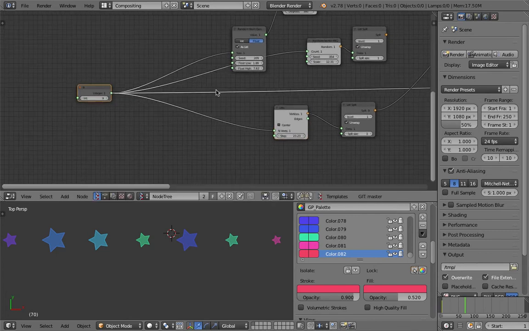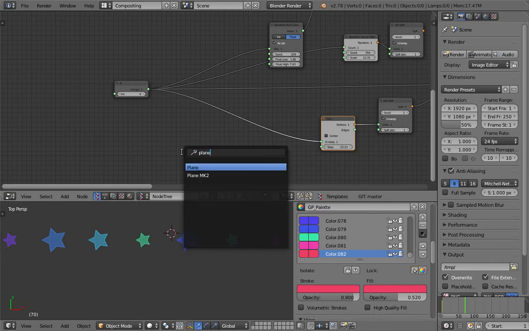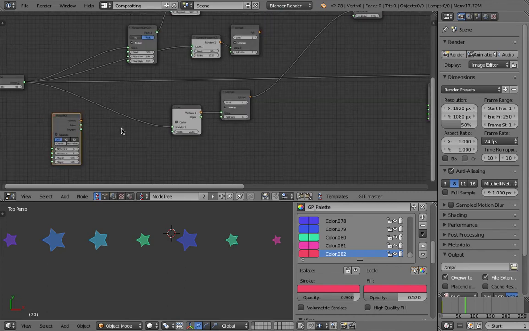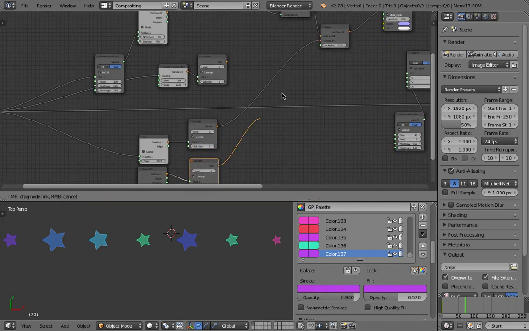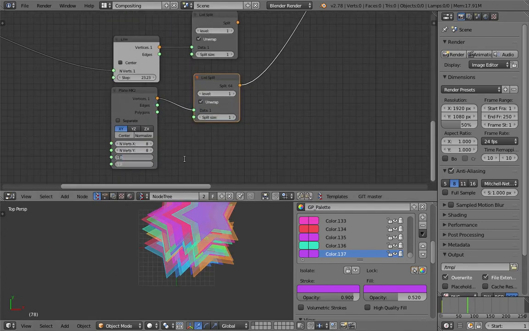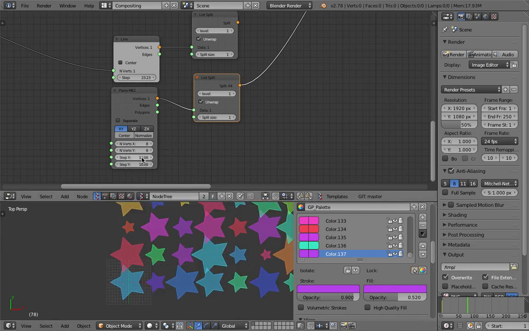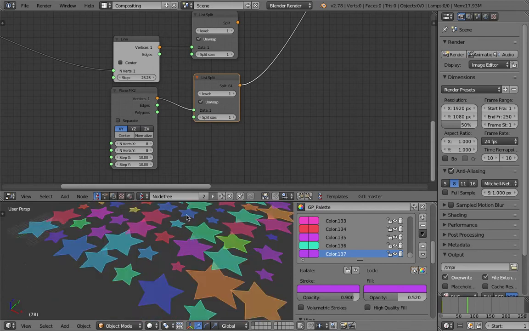We can also use the grid. So let's say we have like a grid using plane MK2, and make like an 8 by 8, 64 stars, and plug in the coordinates into this guy. We should have our grid, and we have a grid of stars. Yeah, it's pretty cool, right? I kind of like that